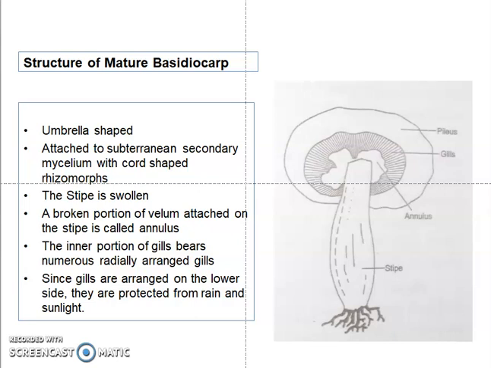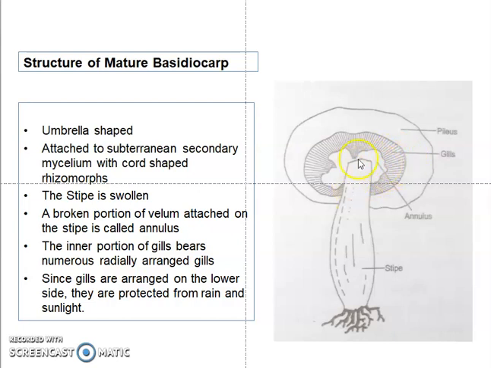When we saw the structure of mature basidiocarp, they are umbrella shaped, attached to the substratum with the help of rhizomorph, which are highly organized mycelium. The lower fleshy part is called stipe. The upper umbrella-like part is called pileus. Under the pileus you can see